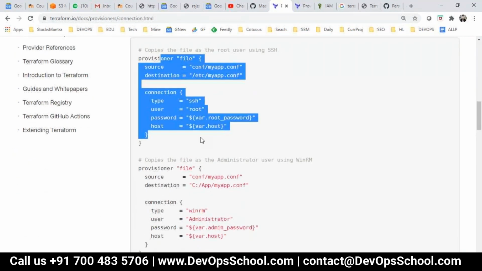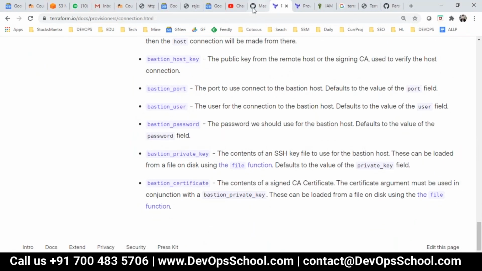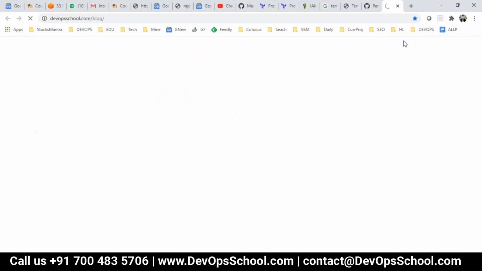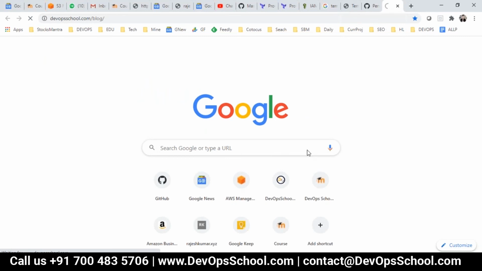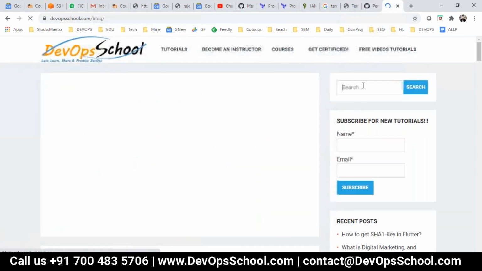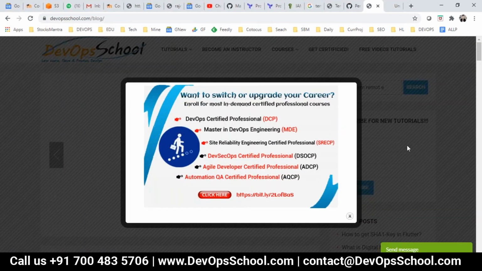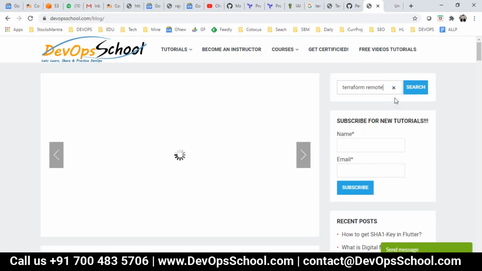It says, for the file and remote exec, you need a permission. So see, this is a file. This is again file. Let me see if I can get the remote. I have an example for it. Just a minute. All the examples you can find on my blog. I'll show you this at the end. Terraform, remote exec, what I did.